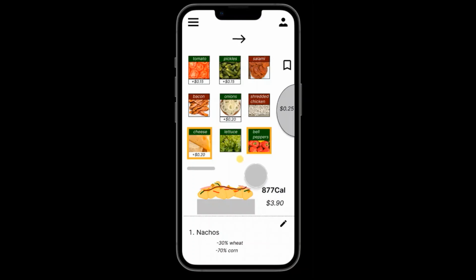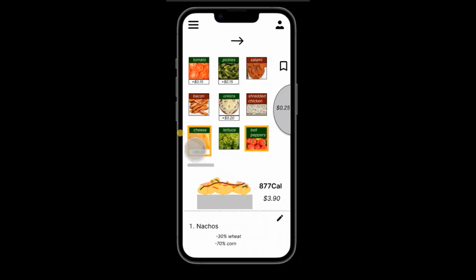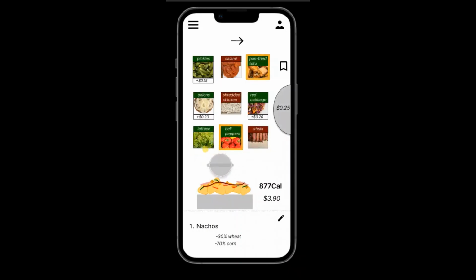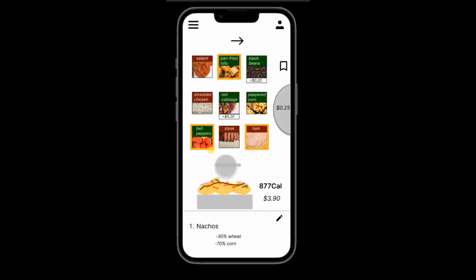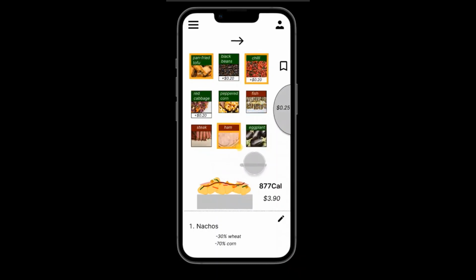Now, how do we make a new saved combination? I want cheese and bell peppers to be there in my dish, so I won't do anything to that, and I'll just scroll through my other toppings to see what to add or remove. I think I want to remove pan-fried tofu as well as chili and add black beans instead to my dish. So I'll first deselect pan-fried tofu. I'll also deselect chili, and you can see the modifications being made accordingly here,